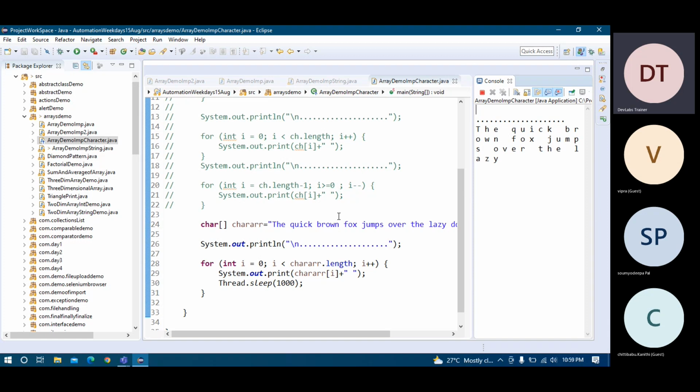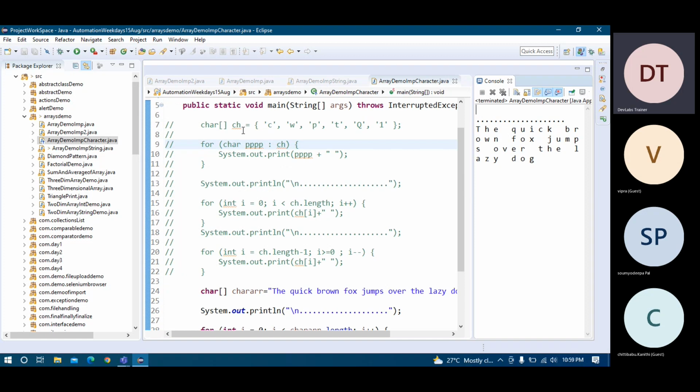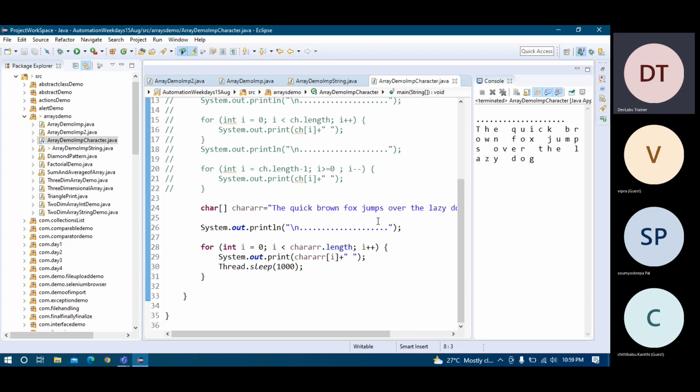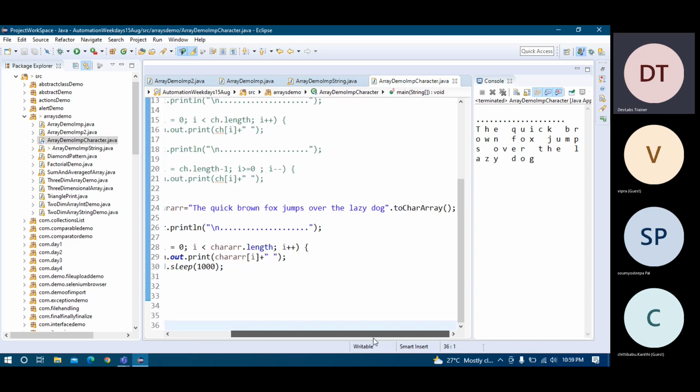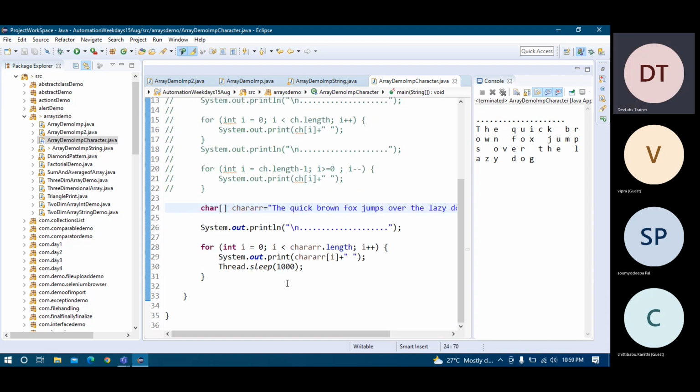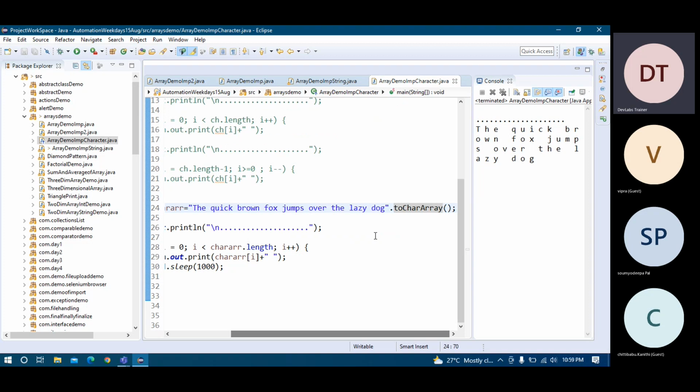So I was just telling you how to convert the string to the character array, and if you have patience, you can write it like this as well. It is such a complex way of writing, right? So many things you have to do, and there is an easy way, you can go with that. You just use this method, and it will be converted to the char array. String to string array via the split method, string to character array via toCharArray. Just remember this. Okay, now everything will be easy.